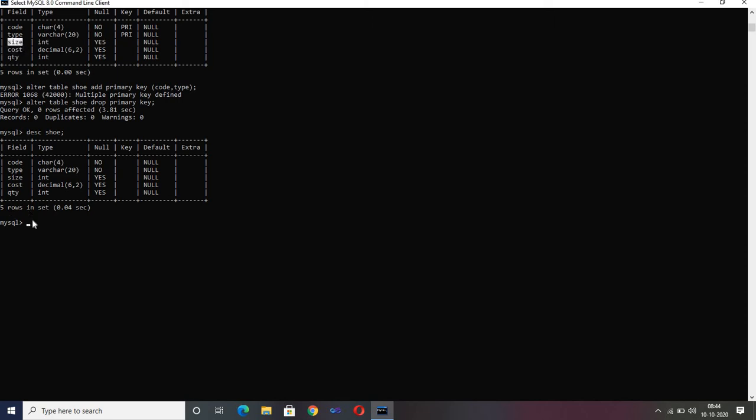size field. So for adding that constraint, either we can simply add the constraint at the time of creating the table, but if it was not done at that time, then by using the alter command, we can add this. So again we are going to use alter table. Next, write the name of the table. So it is shoe.